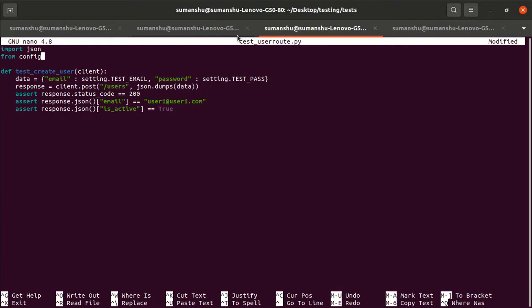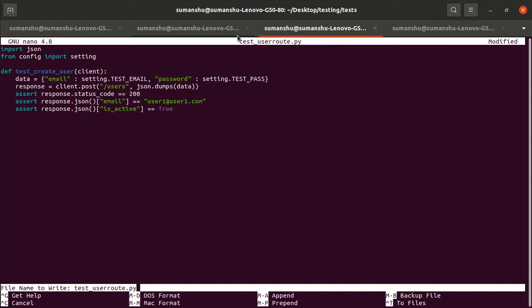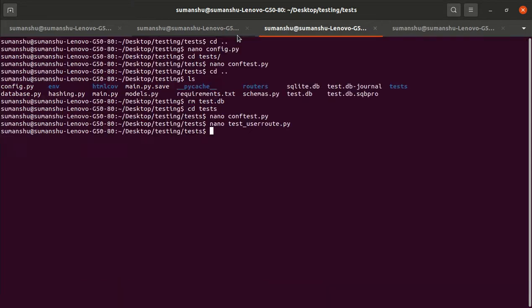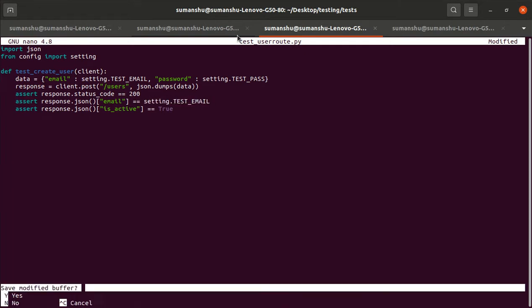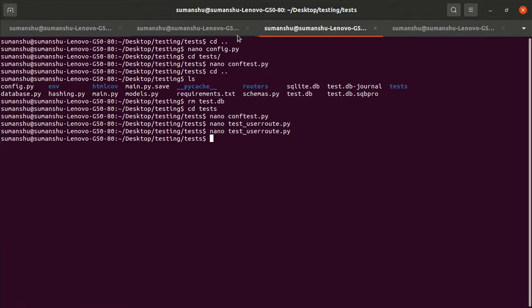From config import setting, and yes, one minute, and here as well. So I will verify setting.test_email. Right, so let me test. This will work or not, I'm not sure.